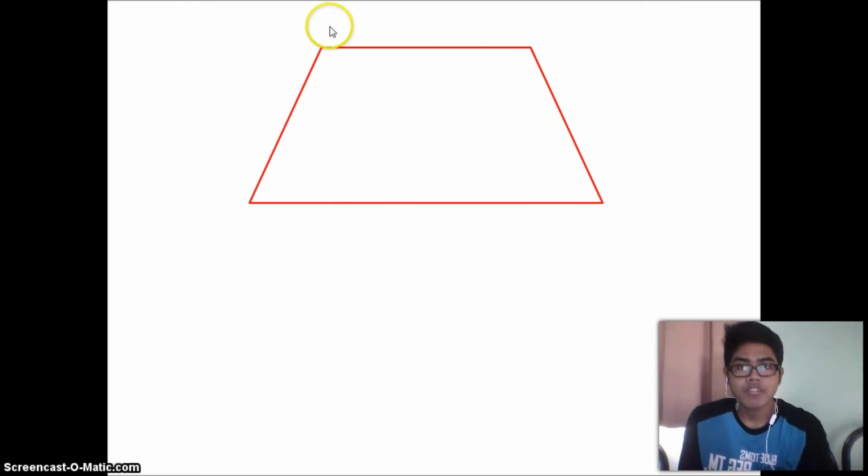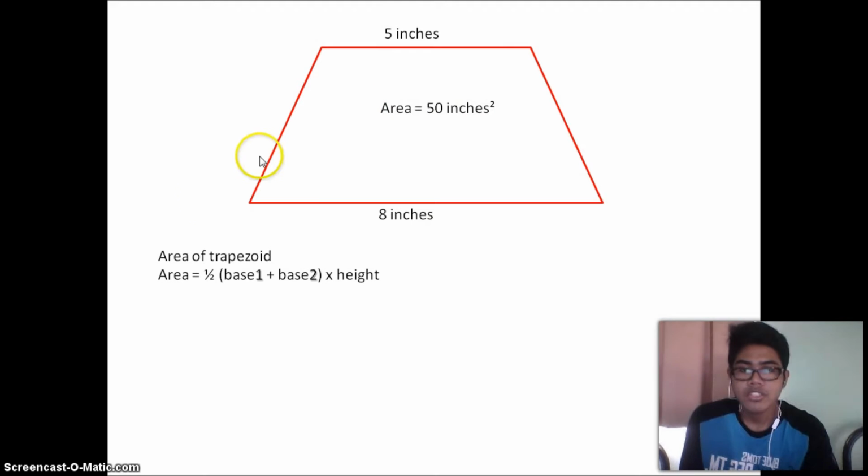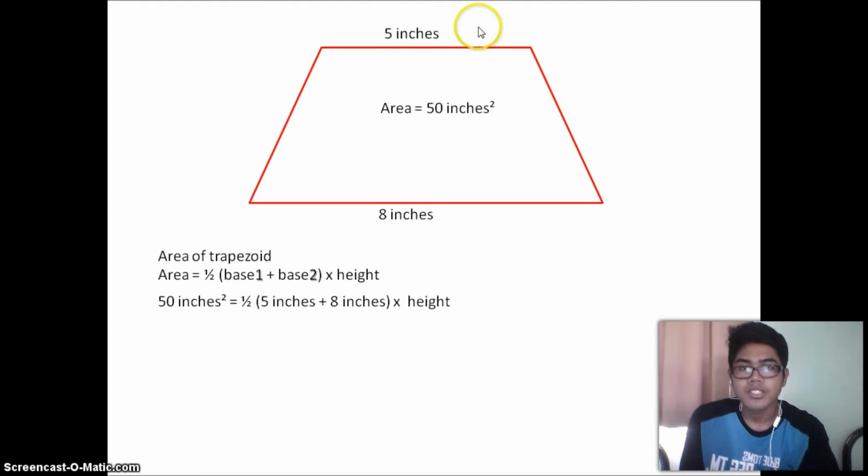So we got this trapezoid right here. The base 1 is 5 inches, the base 2 is 8 inches, and the area for this trapezoid is 50 inches square. So still using the same formula, which is the area is equal to half times base 1 plus base 2 times height, and with the same method we just need to substitute the information given in the question